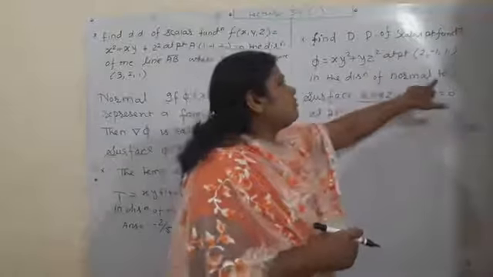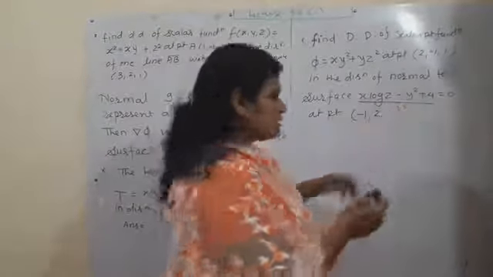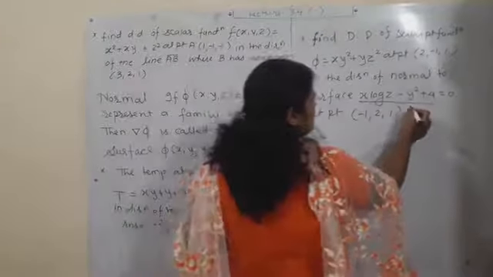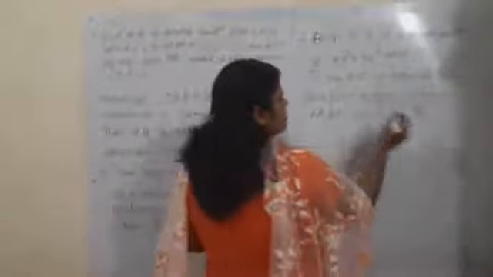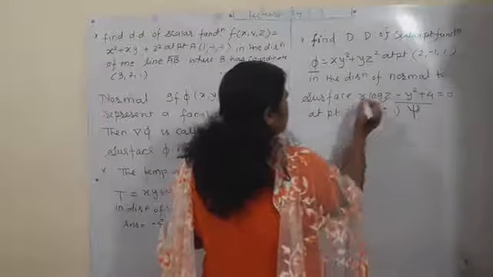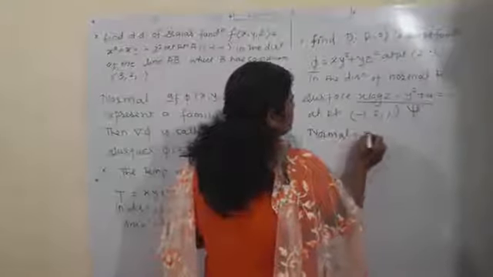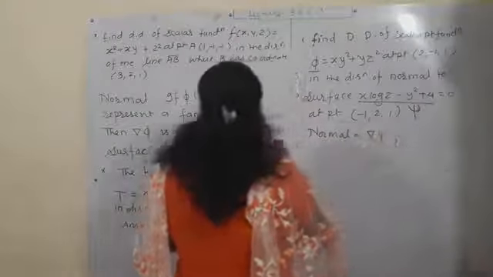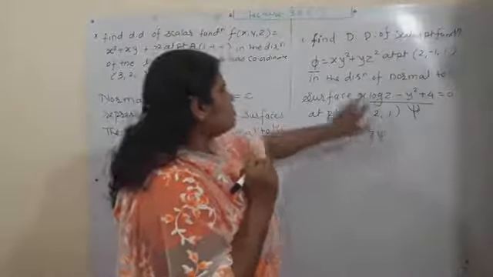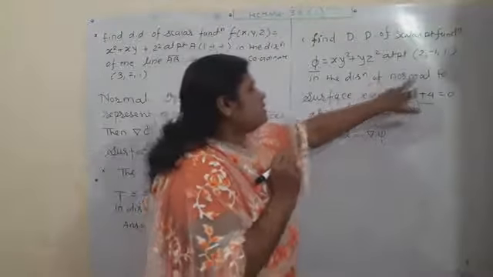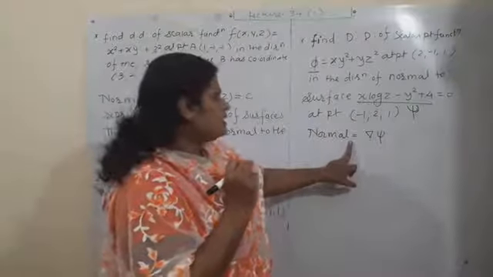Then second problem, directional derivative of that scalar point function at a particular point in the direction of normal to the surface. अब यहाँ पे सरफेस दिया है, अब नॉर्मल कैसे निकालोगे? सपोज ये सरफेस हम कंसिडर करेंगे यहाँ पे साई, बिकॉज ऑलरेडी फाई यहाँ पे प्रॉब्लम में है। Suppose that surface is psi, so how do we calculate the normal? नॉर्मल शुड बी इक्वल्स टू ग्रेड ऑफ साई। So you have to calculate that grad psi, and that is a normal, and we have to find the directional derivative in the direction of that normal. मतलब along that normal you have to find the directional derivative.